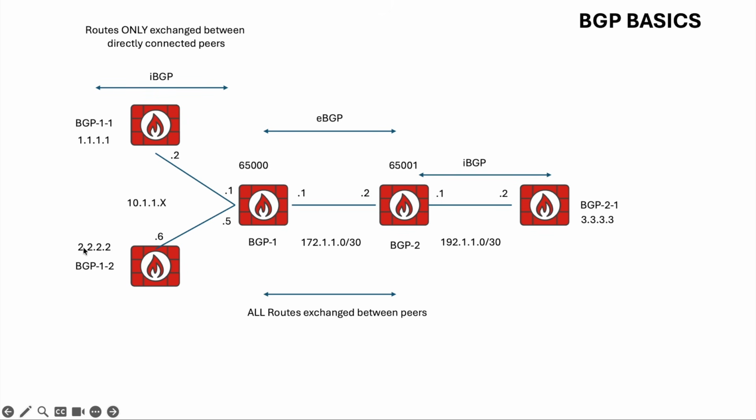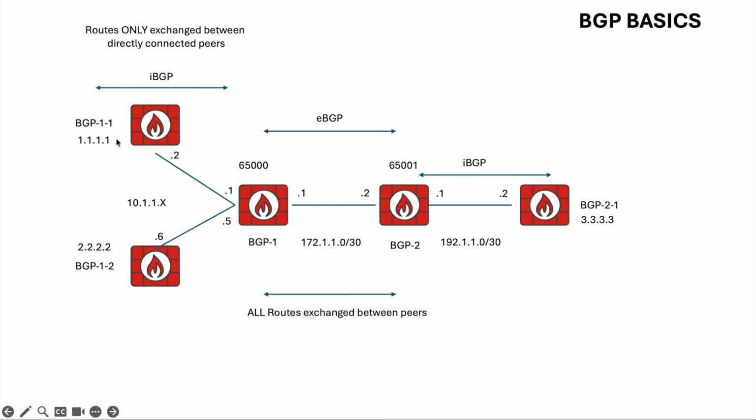BGP1-2 will send its loopback to BGP1 here, all right? But BGP1 is not going to send 2.2.2.2 across to BGP1-1, and nor will it send 1.1.1.1 across to BGP1-2,